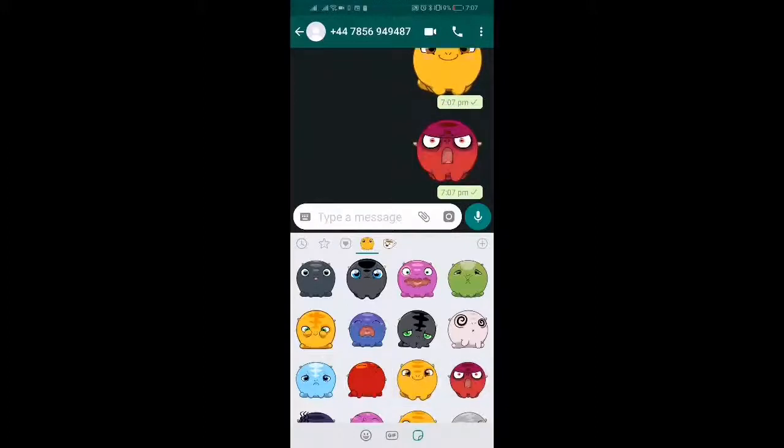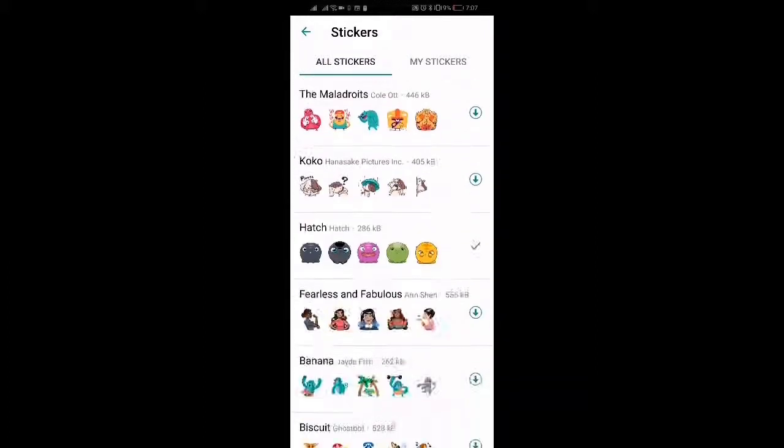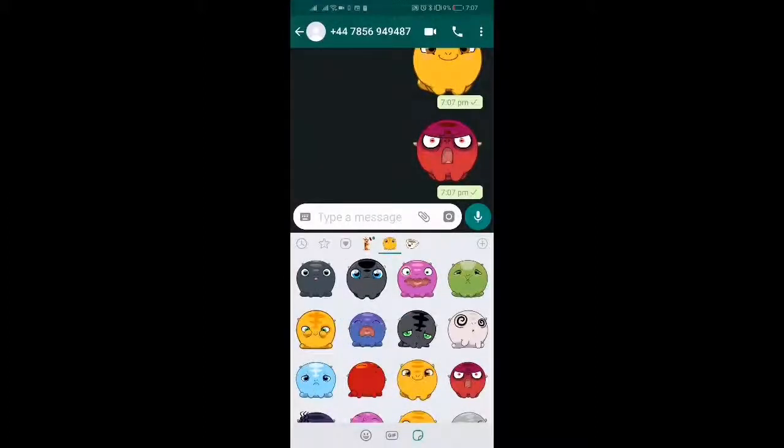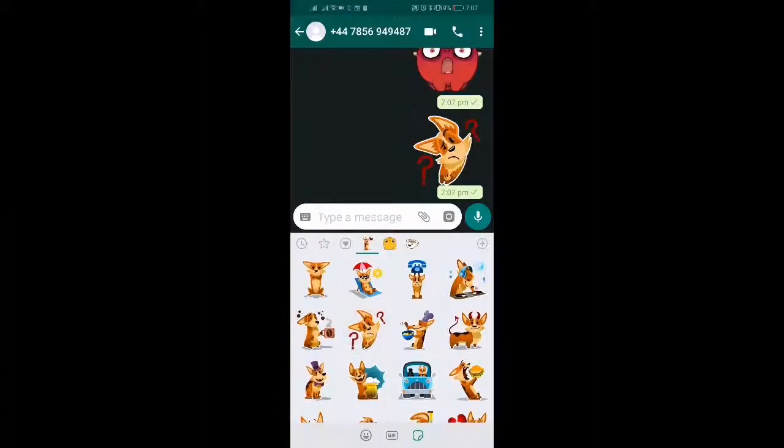I'm just going to click the plus button again. I'm just going to select a different set of stickers, biscuit at the bottom. So that's been added already. I'm going to click back, and you can see that the stickers we just downloaded are now appearing, and you can use them